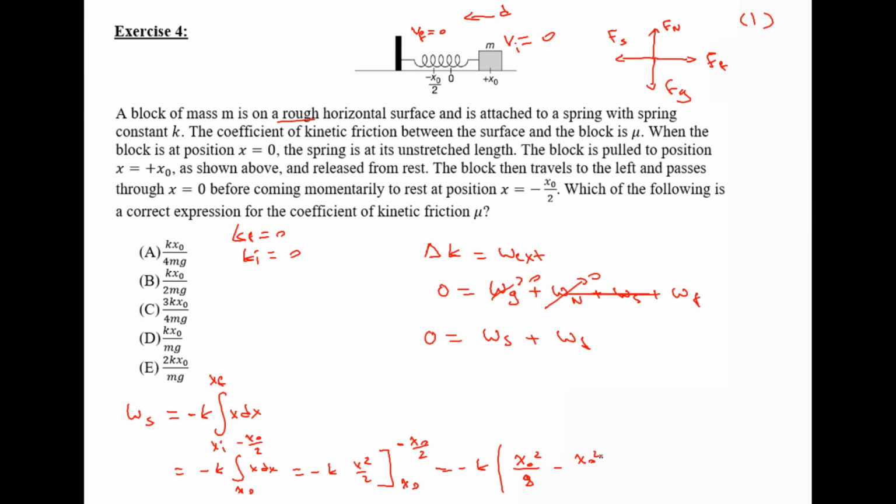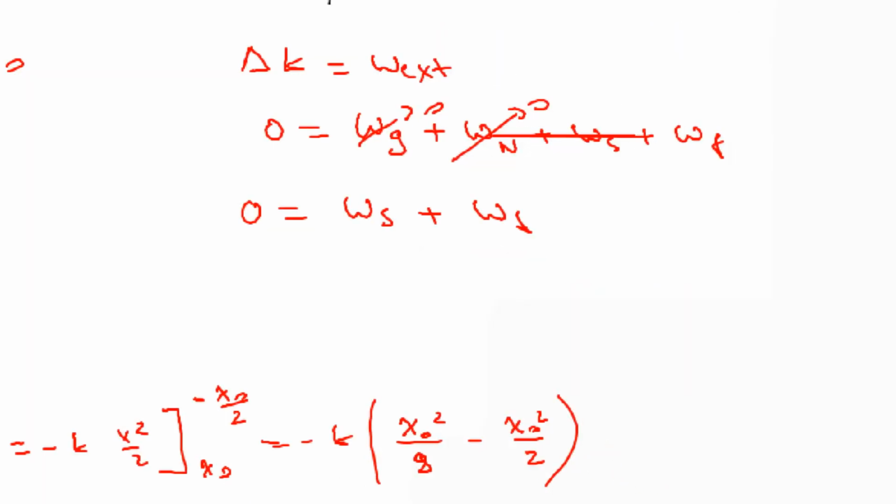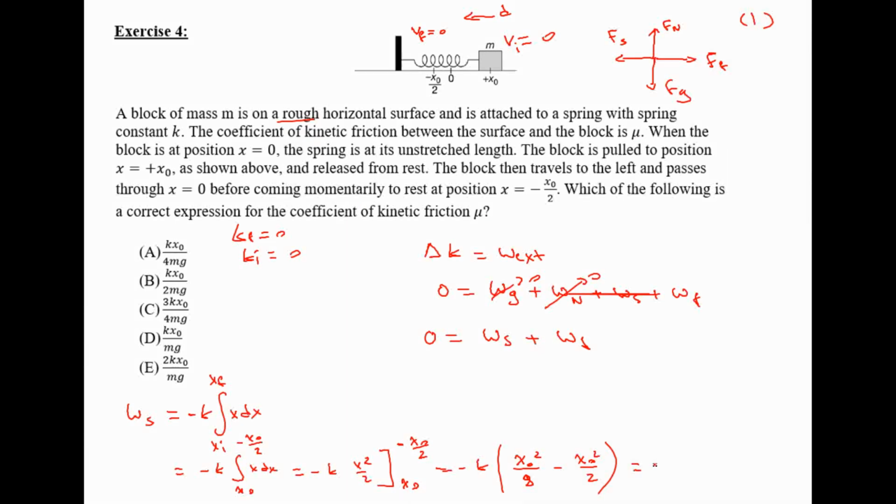Minus x0 squared divided by 2. Now here we can factor out, or you can subtract the fractions. 1 over 8 minus half would be 1 over 8 minus 4 over 8, which is basically minus 3 over 8. So that would be minus k times minus 3 over 8 x0 squared, which is basically 3 over 8 k x0 squared. So 0 would be equal to 3 over 8 k x0 squared plus the work done